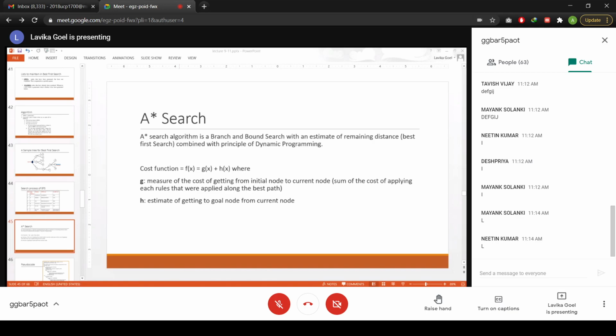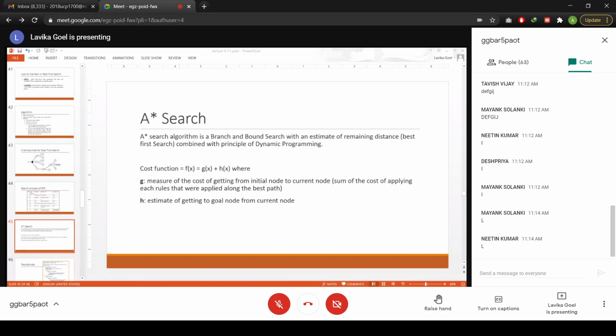So as you proceed in the A star search through the tree, you will always select the best node from the open list, right? Depending upon its cost function. That's called dynamic programming, because that's how you are proceeding through your search tree dynamically in every iteration. I mean, at every iteration or at every level of the tree, you are selecting the next node that is the best one. So every iteration is selecting the best one.